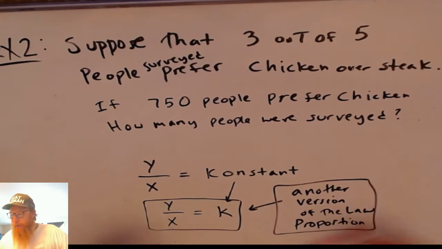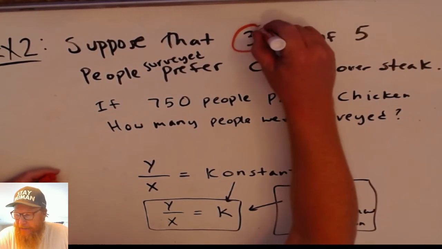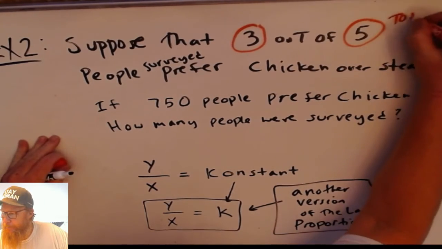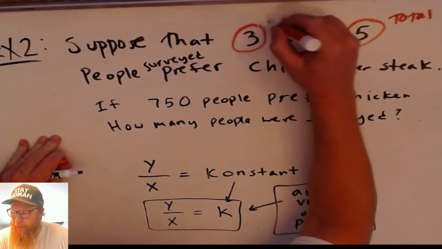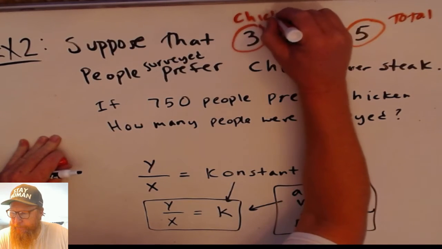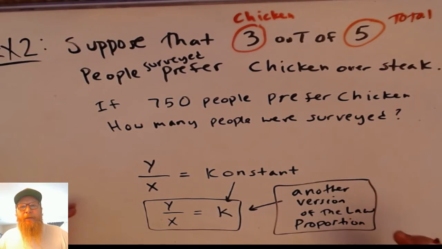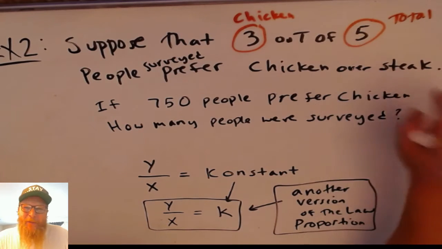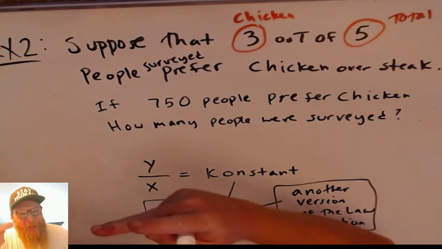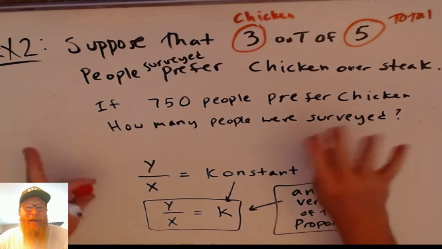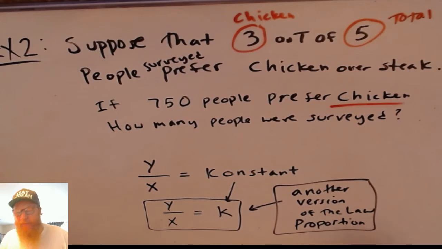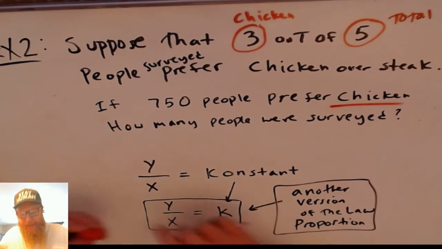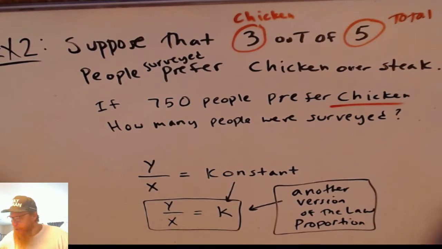So 3 is the chicken, 5 is the total. Now, it does not mean that 5 people preferred steak. It actually means that 2 people preferred steak. But I'm not asking about steak. I'm asking about how many people prefer chicken. So 3 out of 5 people prefer chicken over steak. So that means when we set up our proportion,